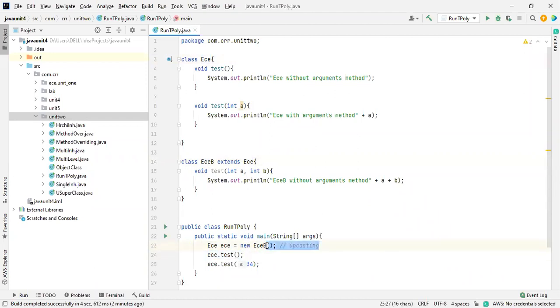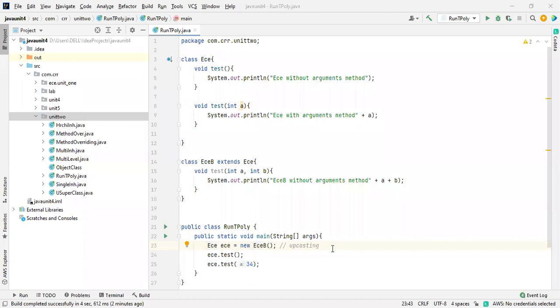If I remove this, it is a common object creation. If the child class extends the properties of a parent class and I create the instantiation using the child class, we call it upcasting. I think you got my point.